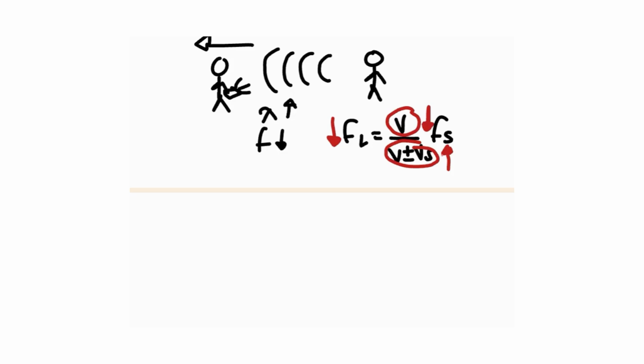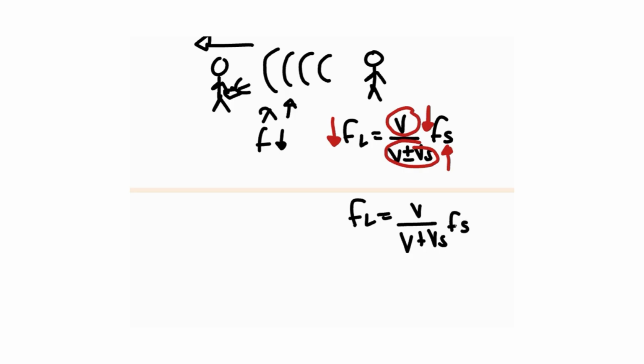So it means we want the numerator to be smaller, the denominator to be big. If something must be big, we must add, right? So I'm going to rewrite the formula now as FL is equal to V over V plus Vs